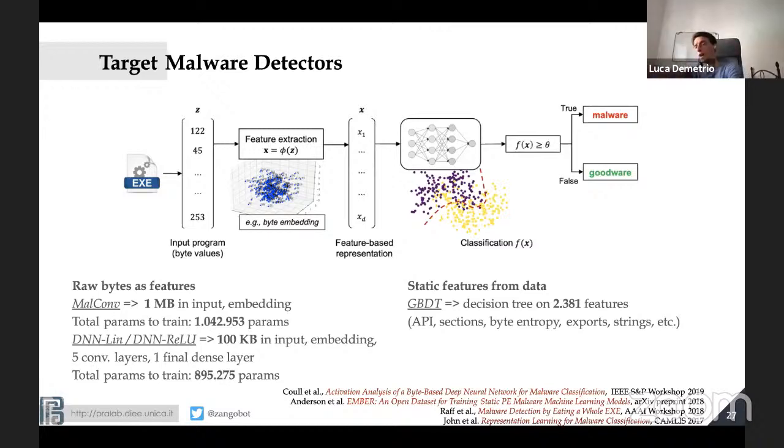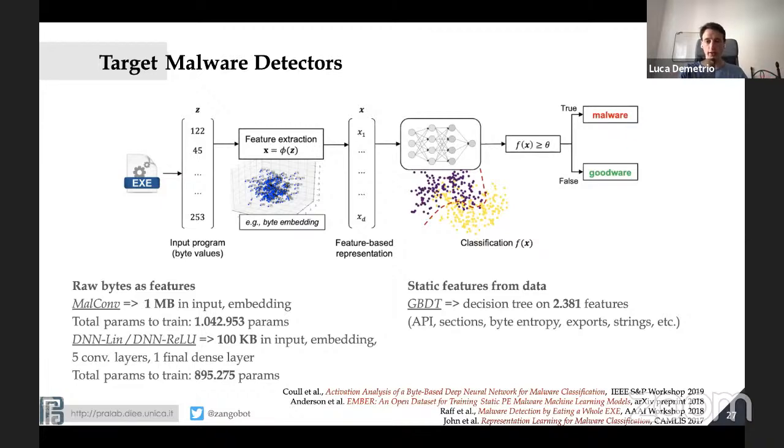Now we move to the world on the right. It is the world of standard learning with feature extraction. So we take these gradient boosting decision trees trained on static features. By static features, we mean features that are extracted from the structure of the file. So you don't run the malware, you just look at the file, you pick the information you need, you build up this vector, and you feed it inside this tree. The information you might use are the sections, the bytes, the entropy, the strings, and you can be wild. So these are the 2 worlds that we were using.